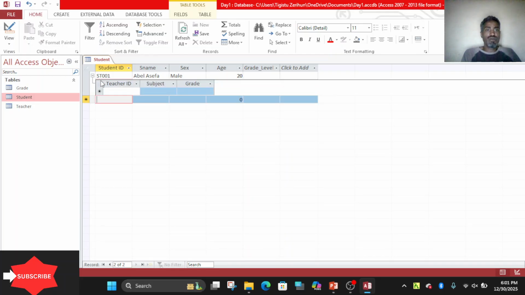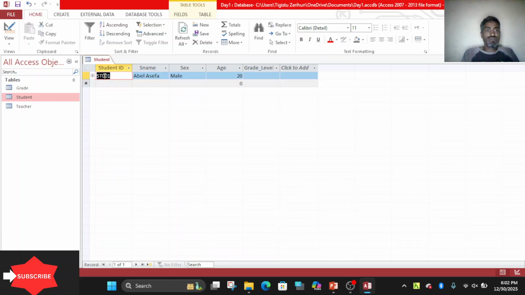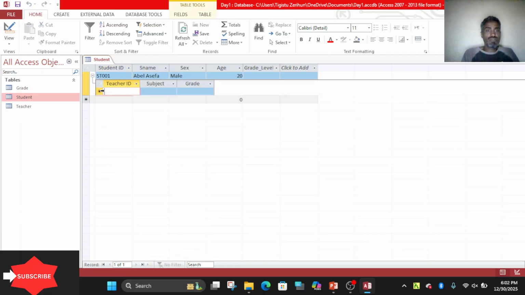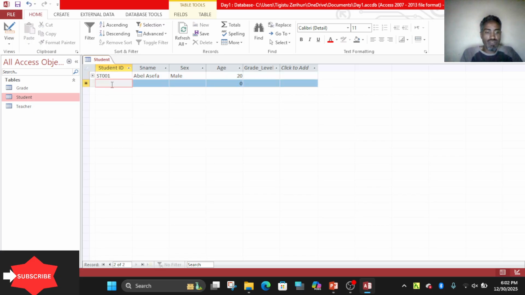Here, I mean the teacher ID. Here the teacher ID, I mean student from grade table. In grade table there is a student ID, teacher ID, subject and grade. Therefore student ID is found in both student table and grade table. In grade table, student ID is a foreign key that it creates a relationship here. When you create a plus sign, when you feed under grade table, it displays. We can display here also under the first student information. The same to others.